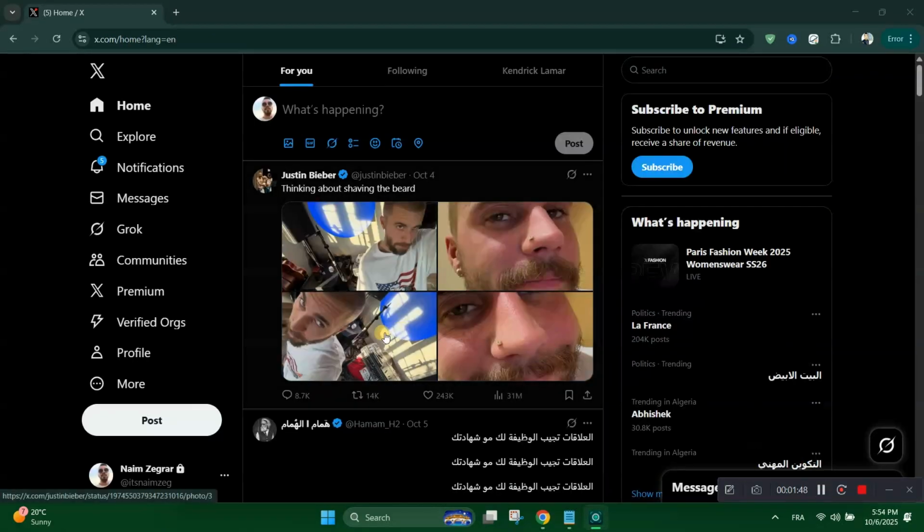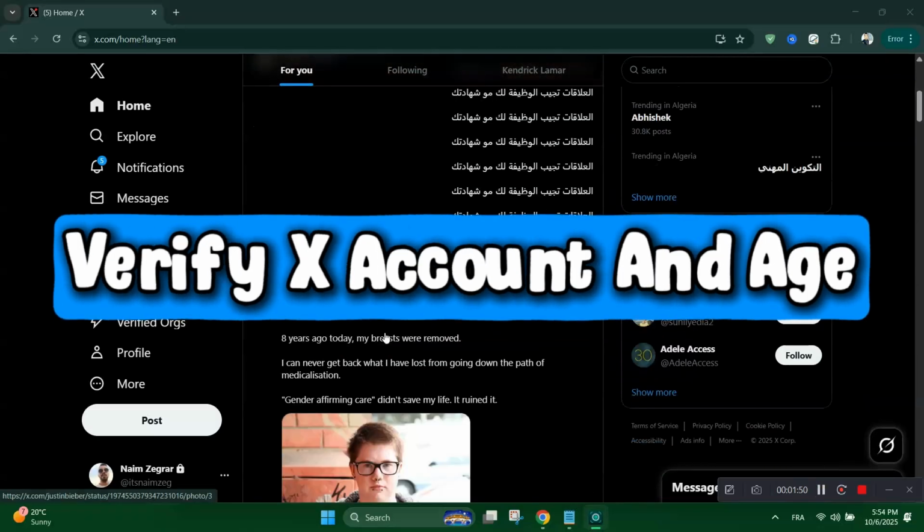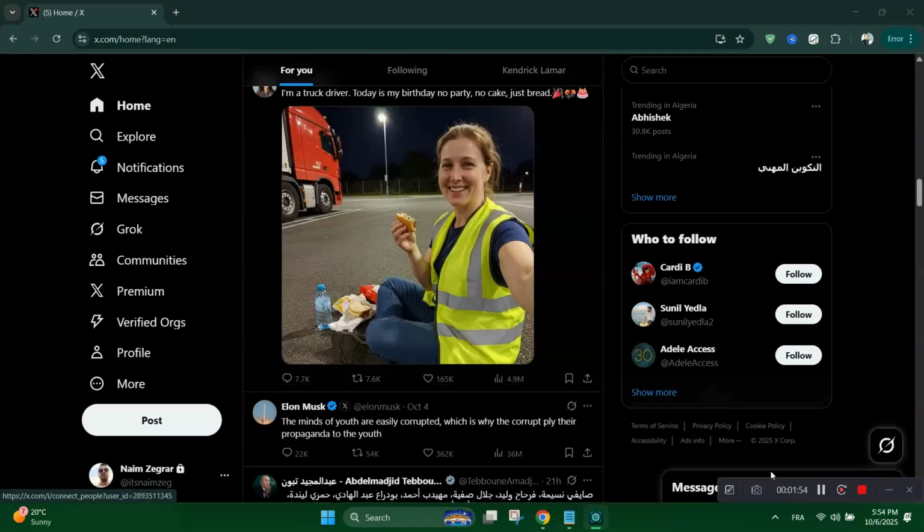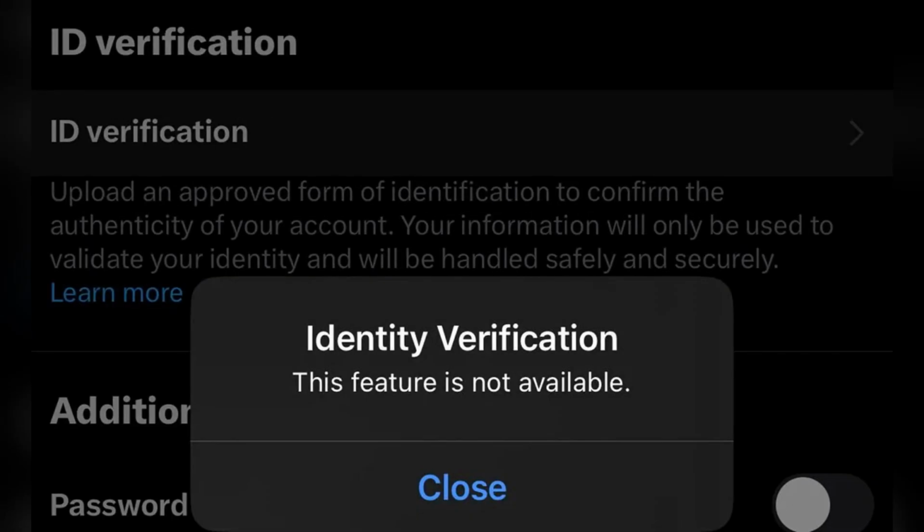Today we're going to see how to verify X account and age. If you're getting age restrictions or content blocks on X, it's because your age needs to be verified, and here's how to do it. Firstly, launch the X app or visit the X website and then log in with your